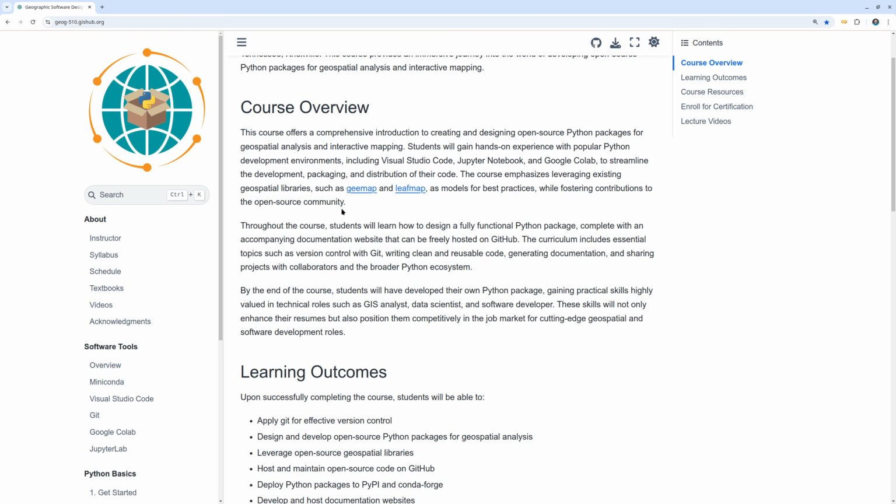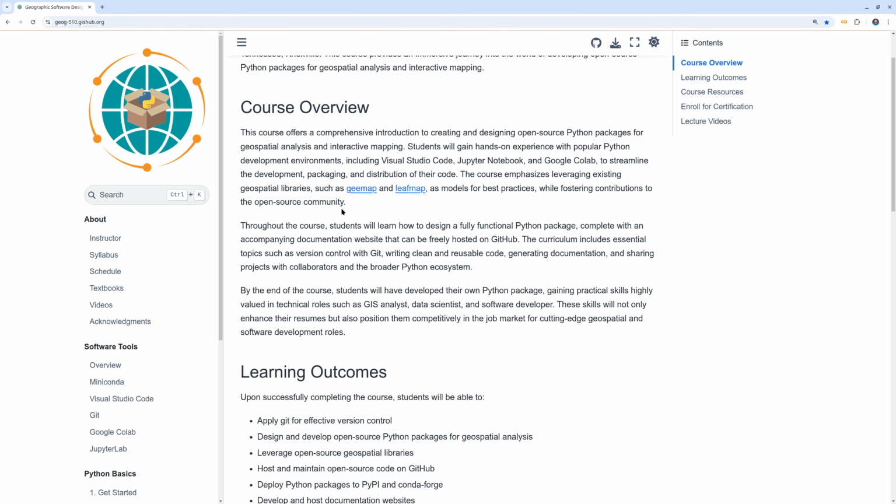If you have been using Python to do geospatial analysis or mapping, or even if you don't have any programming background, but you are really interested in making your research, your products, or your algorithms more accessible to the geospatial community or the general public, this course is for you. We're going to cover the essential skills that you need to develop Python packages. It's very practical, and we're going to have a lot of hands-on exercises for you to practice and build your